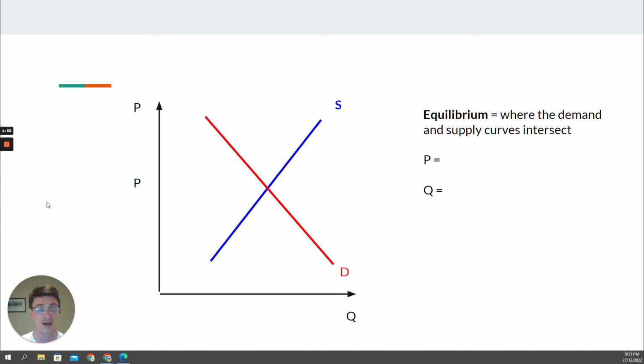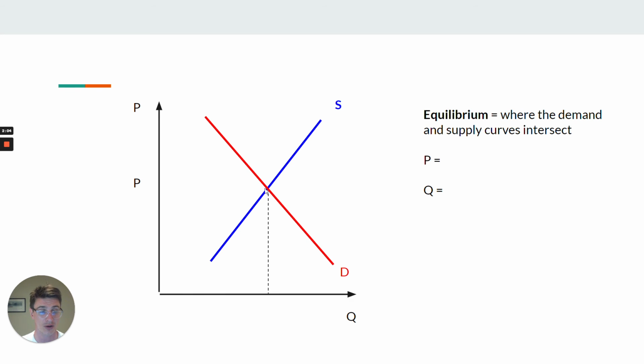Now what we do to find equilibrium, and what is equilibrium? It is the point at which the demand and supply curves intersect, so right here. And what we're going to do is just trace a line across to work out the market quantity, or the quantity traded. And then we trace a line across to the y-axis, and that shows us our theoretical price here, and our theoretical quantity traded given demand and supply in this market. Okay. Now, sometimes you might be given dollar terms and real quantities, like 300,000 at $2, right? But for now, it's just theoretical. We just label it P and Q, and then we label the intersection equilibrium,